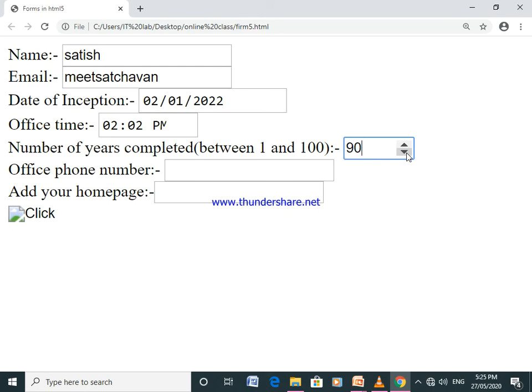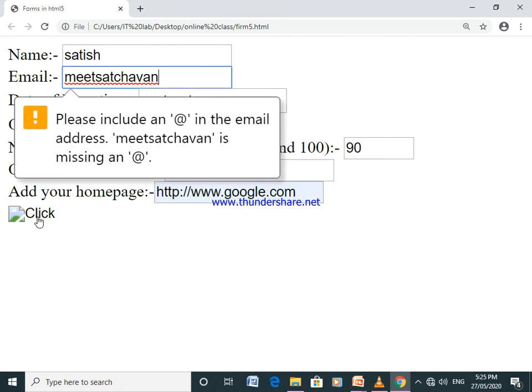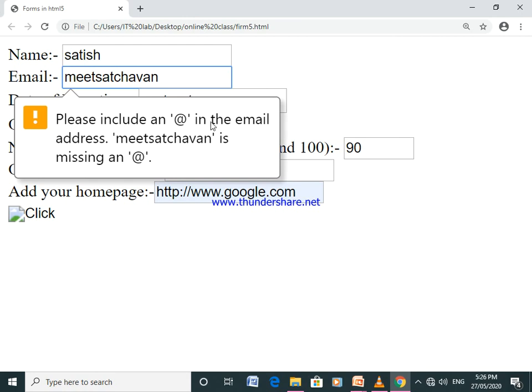So here phone number, as far as my knowledge is concerned, the office phone number, that is mobile number, suppose that is a mobile number of 10 digits, that is 97001677, and then go for image, that is, you can go for this as a URL. Now when you click on this submit button, that is image, which is not displayed over here because it is not present in my computer system. So click on that. First of all it will check the validations, and in that it will search for the required values of the same.